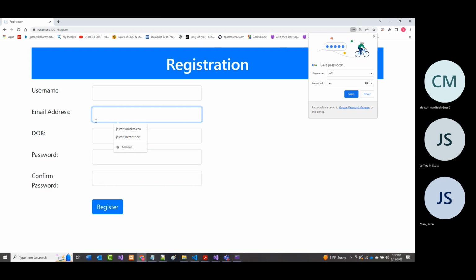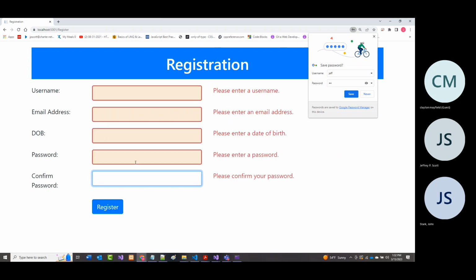The password has to be less than 25 characters, and these two things have to match. That's it. The registration page, as they mentioned, validates the user on the client as a convenience to users, but then performs the same validation out on the server. And as you've already seen, it uses CSS to highlight whatever may be problematic.